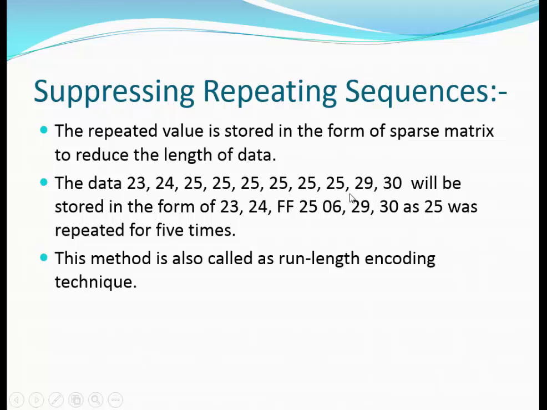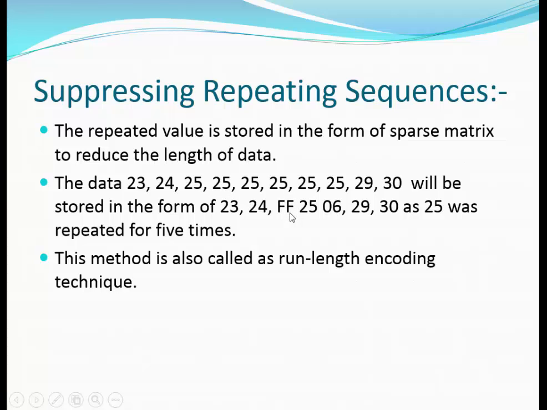Now this is a huge amount of data, but we see there are many repeating sequences, like 25 is repeated approximately 6 times and the other words are not repeated. So what we can do is store the data in a standard format. We can see here that 23 and 24 are stored in the same format as they are occurring at once. Now the next, 25, can be stored in the format that is first FF,